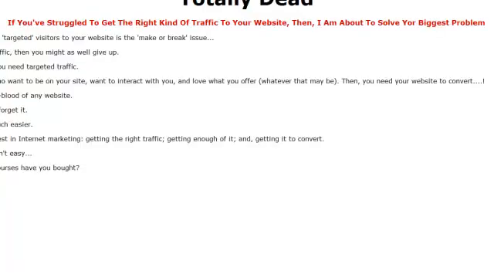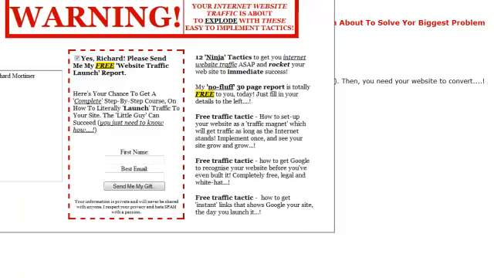I'm just going to refresh that. There you are. You see. Now watch this. There comes the pop-up box. Now what you find with this pop-up box is it's set to full screen size, but what will happen